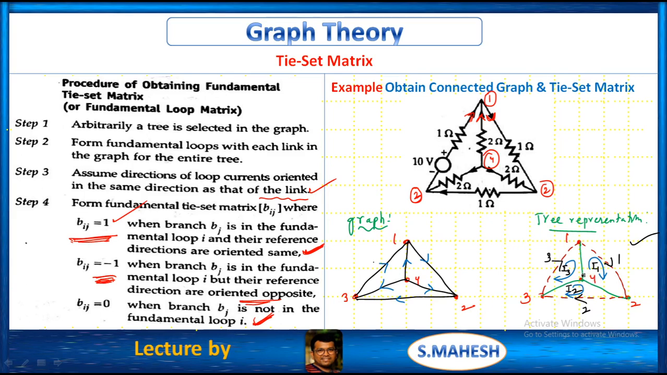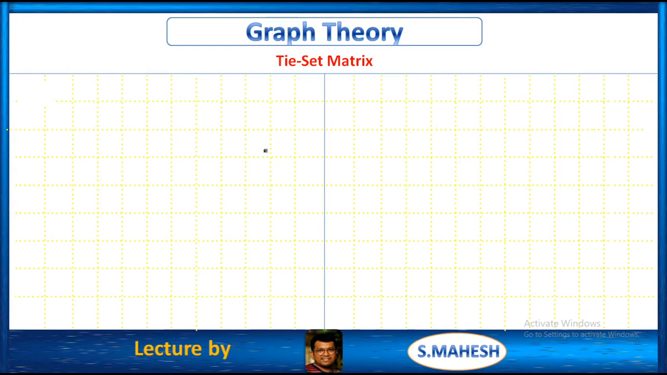Now we have to get the tie set matrix. How many branches are we having? 6 branches. How many loops? 3. What are we having? Simply